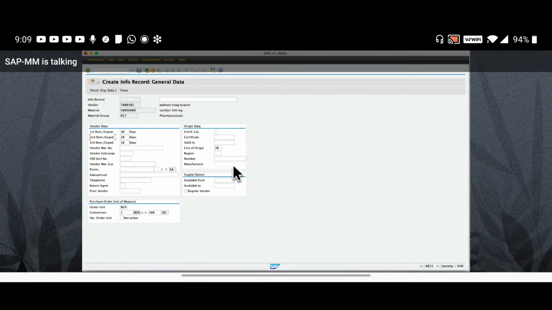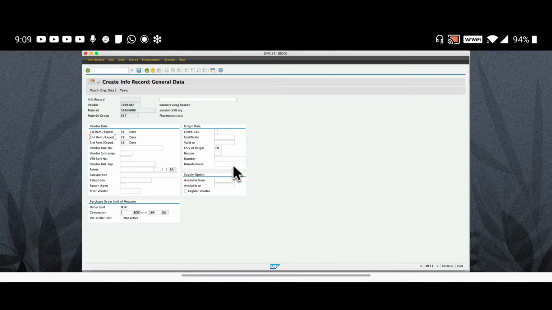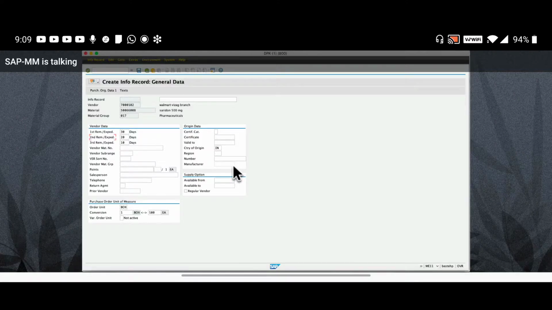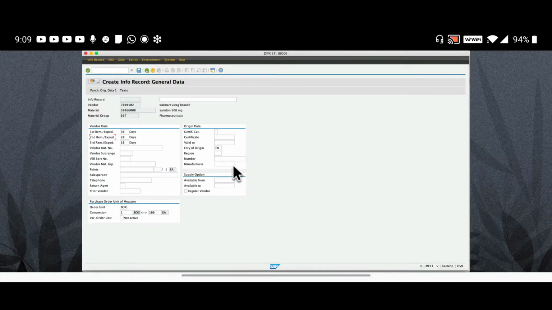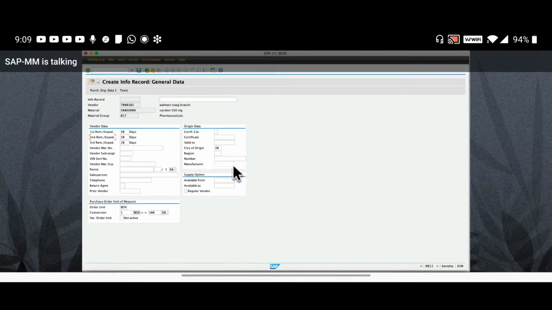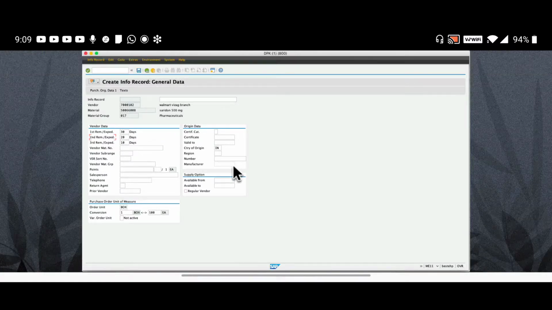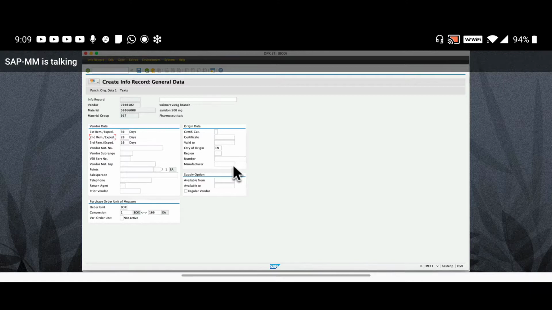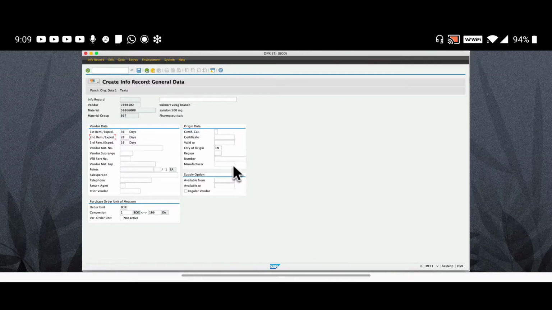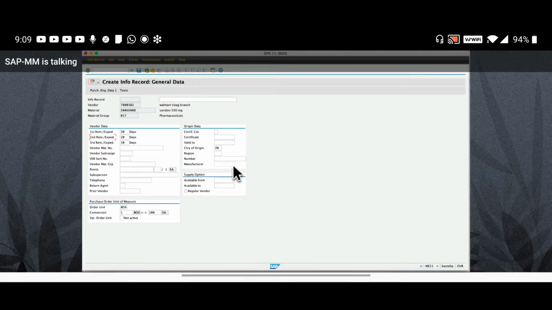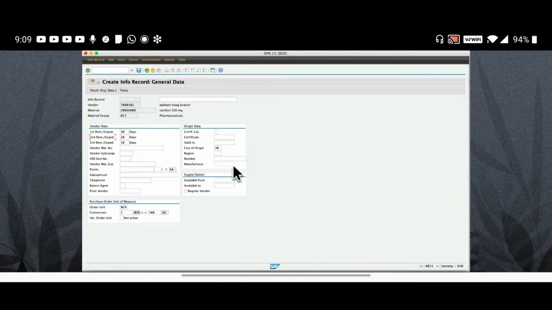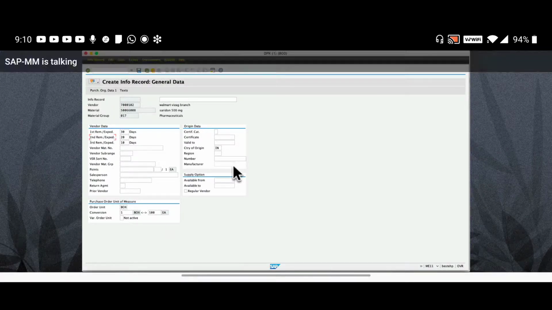In this tab, we have to enter origin certificate details issued by the vendor's government.